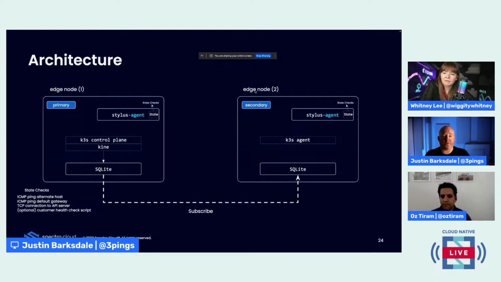So in the case of the secondary node in this particular slide, the secondary state checks are taking place when it can't reach the primary node for some period of time, or some of these state checks fail. For example, we ping the alternate host, we look for the default gateway, we try to attach, or can we connect to the API server, those types of things. When a certain sequence of those takes place and the state has failed, then we initiate a failover, which in turn tells